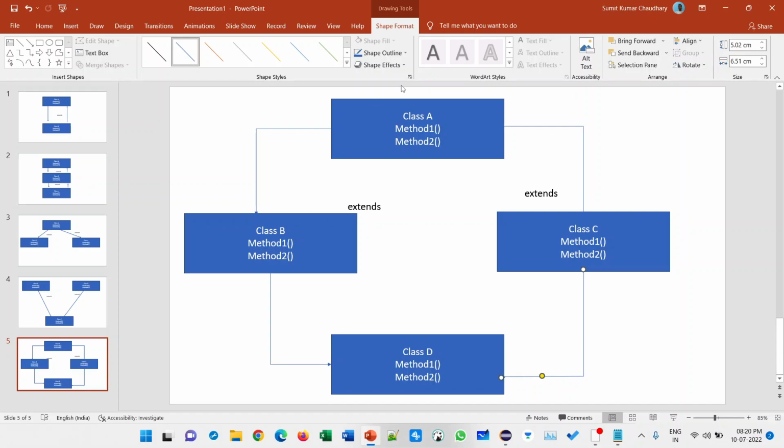B can access the A properties, and C can access the A property, and D can access B and C properties. Now let's jump into the practical.